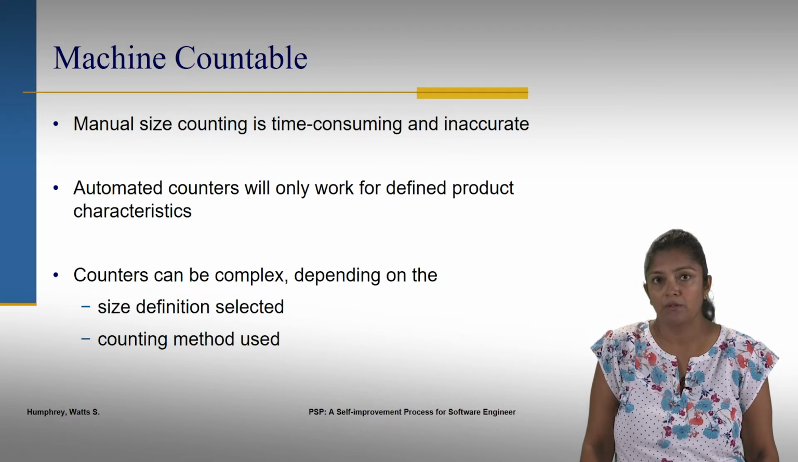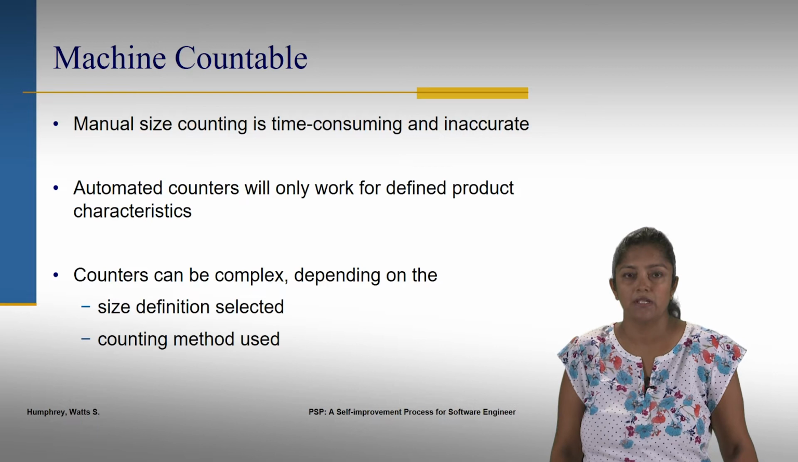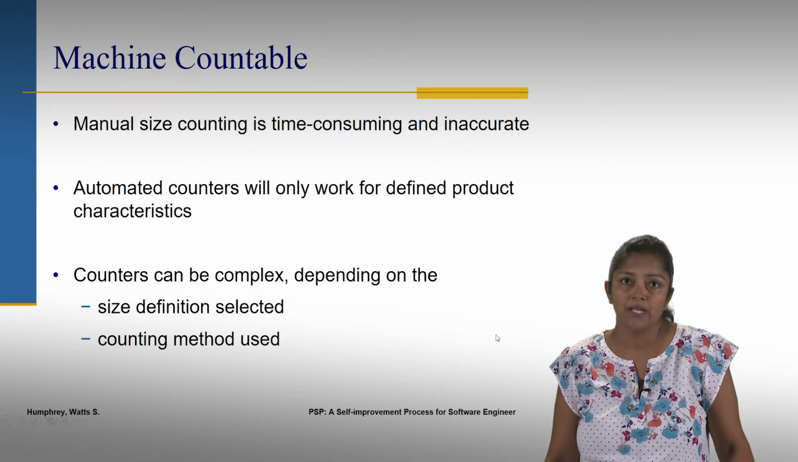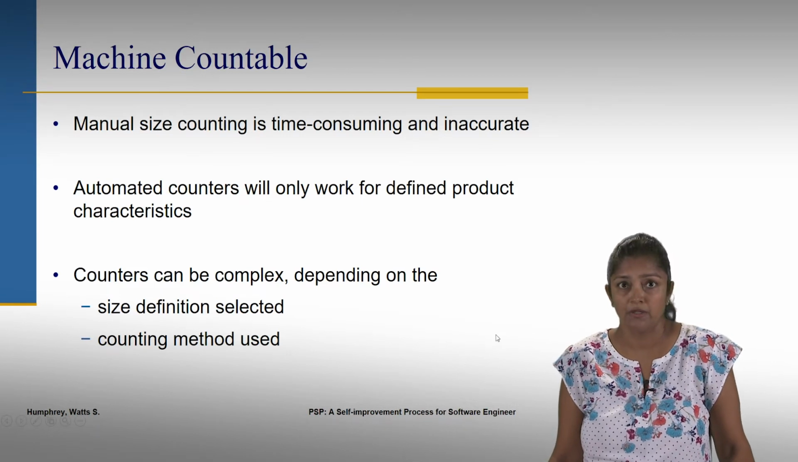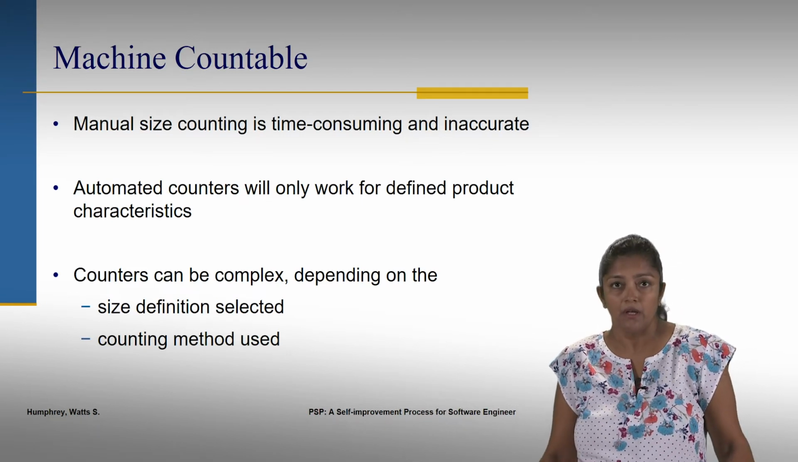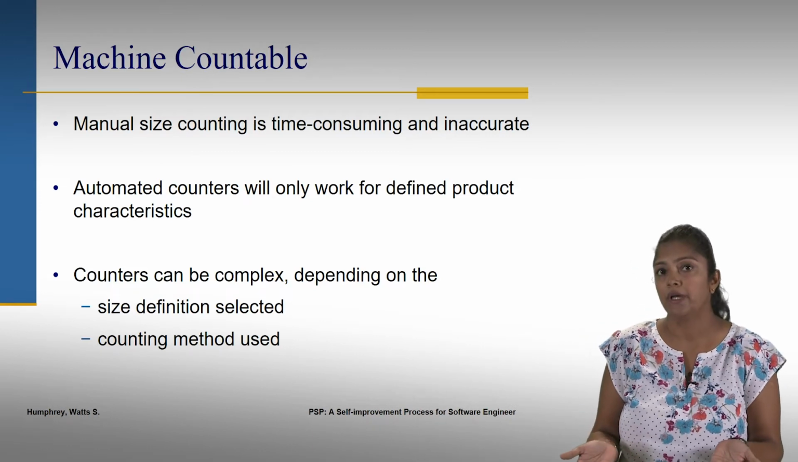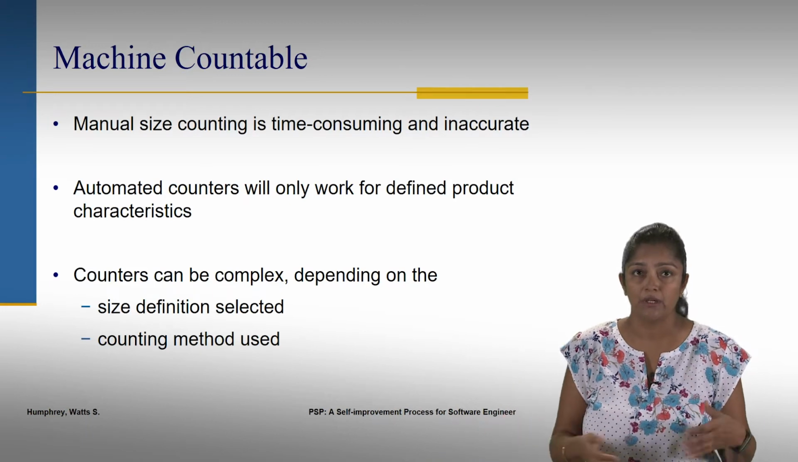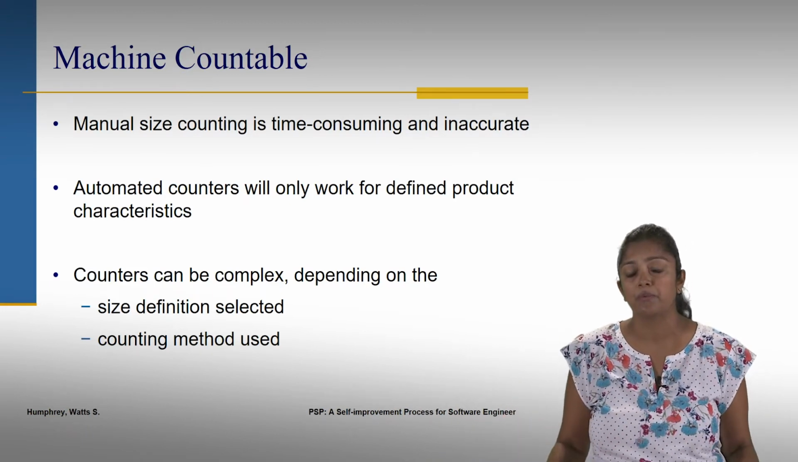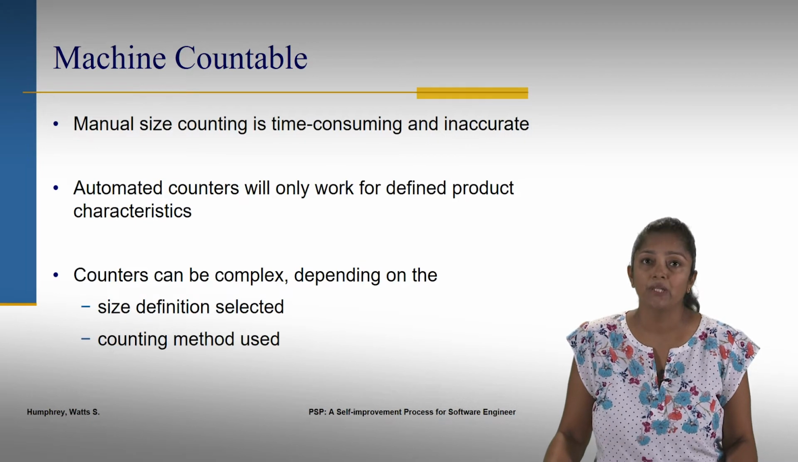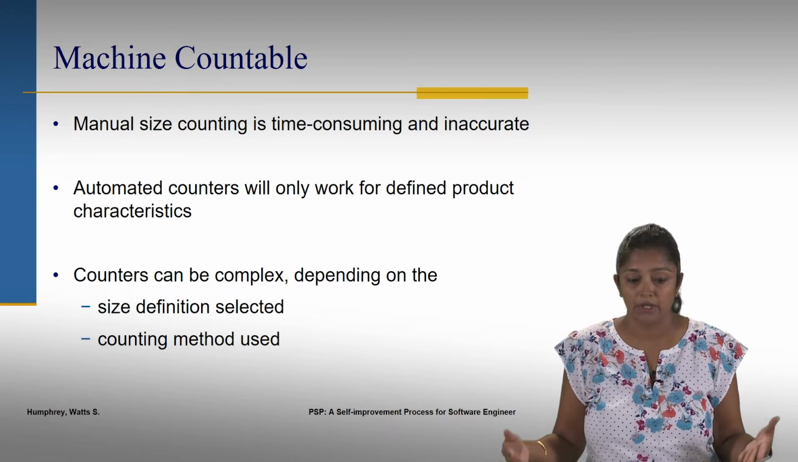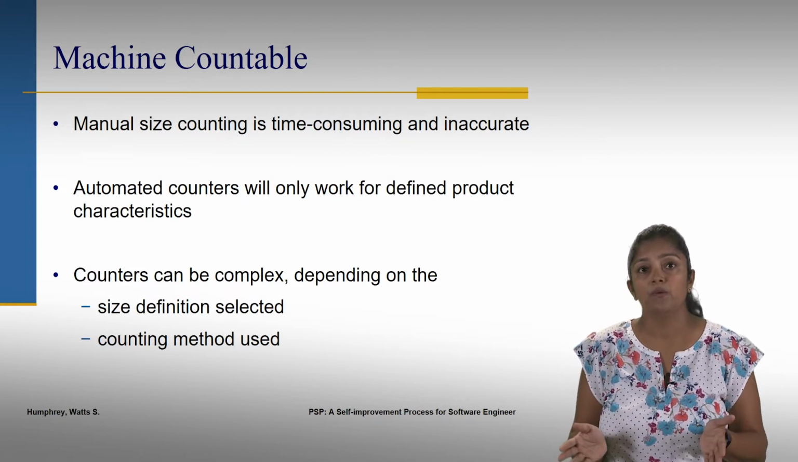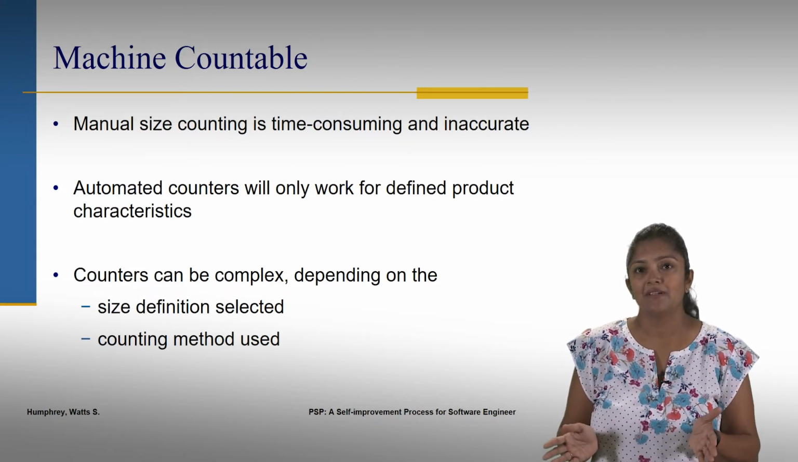Let's talk a little bit about counting lines of code, and that is kind of tricky. It is not straightforward. Manual size counting is not possible, right? You can do that for small programs, but that's not what we're going to be doing. We're going to write really huge programs eventually. You might start out with small ones, but eventually you're going to be working on huge projects. And manually counting is time consuming. It can be inaccurate. There are a number of automated counters, but they'll only work when there is a defined